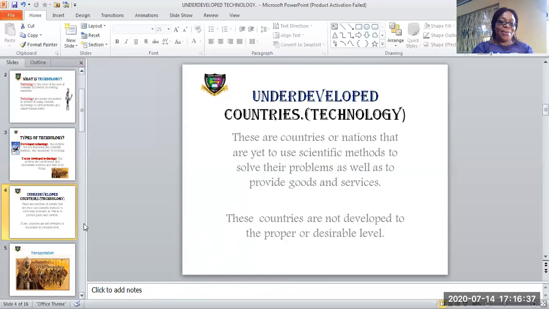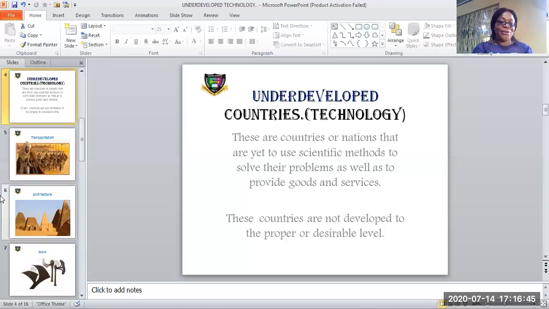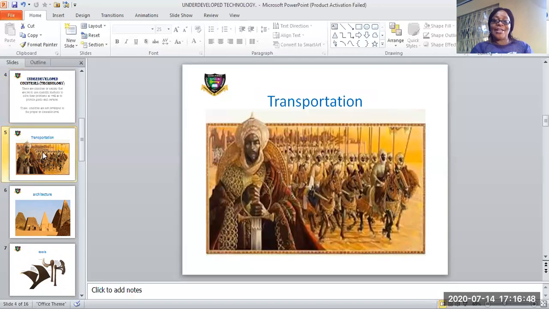We are still talking about technology. Are we good? Now let's go to the next slide. Look at this next slide now. In an underdeveloped country or underdeveloped technology, because there's no technology that is up to date, because they are not scientifically inclined to using those things that are scientifically provided, because they have not developed their scientific sense to that level,